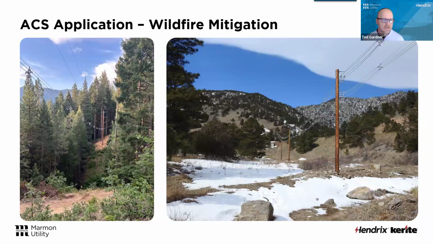these are some relatively new pictures from some utilities out west. They're really targeted spacer cable for wildfire mitigation. You could see a double circuit on the right, pretty clean installation. Not a ton of overhead trees, but if you look at the one on the left, those are pretty hard to get to areas. So if those trees come down, we want to make sure the conductor stays up in